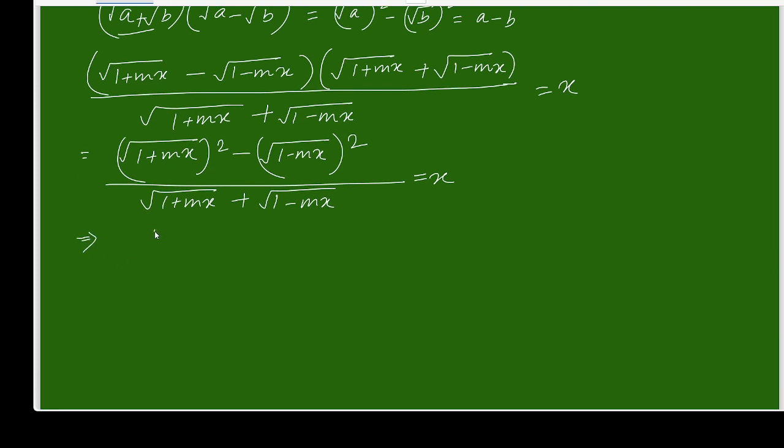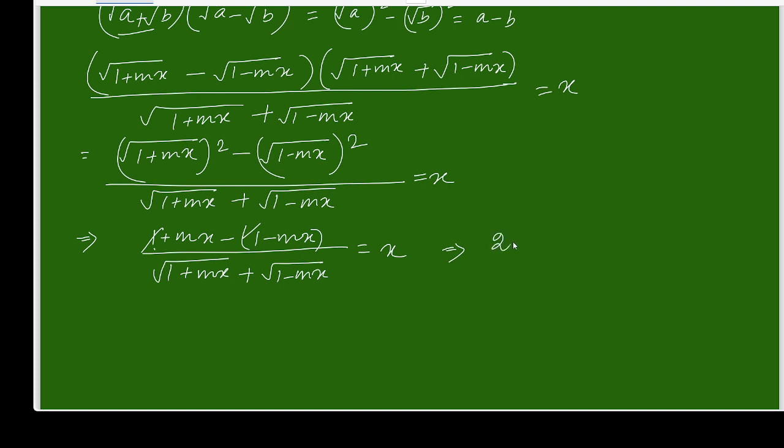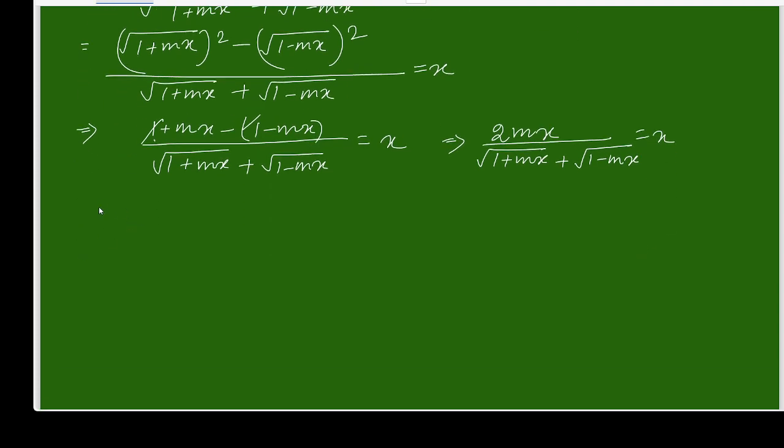This numerator is simplified now: 1 plus mx minus 1 minus mx. So here 1 will be cancelled, and you are getting twice mx over square root of 1 plus mx plus square root of 1 minus mx, is equal to x. So here we are already getting one solution. What is it? x is equal to 0 is a solution,